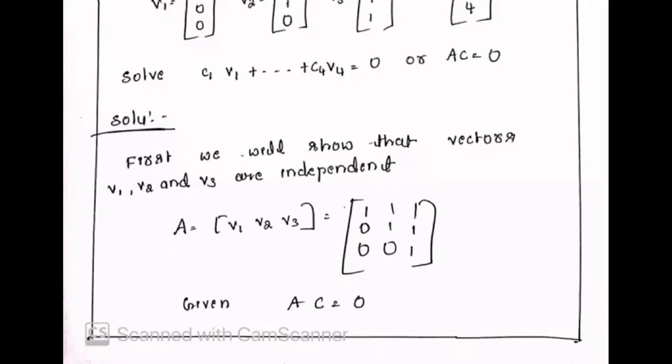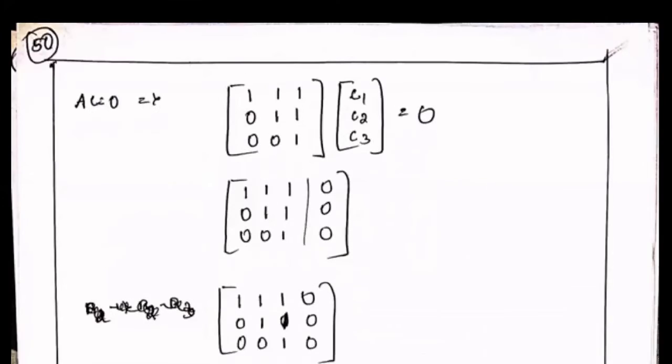Okay. So this is how it is. I have expressed the matrix in an augmented matrix format, right? 1, 0, 0, 1, 1, 0, 1, 1, 1. It is multiplied by C1, C2, C3, right? So here I'm not considering this. I'm considering only the A and 0 form, right? So I can write this in a matrix representation. I have copied this A as it is here, and this part I have copied here as 0, 0, 0.